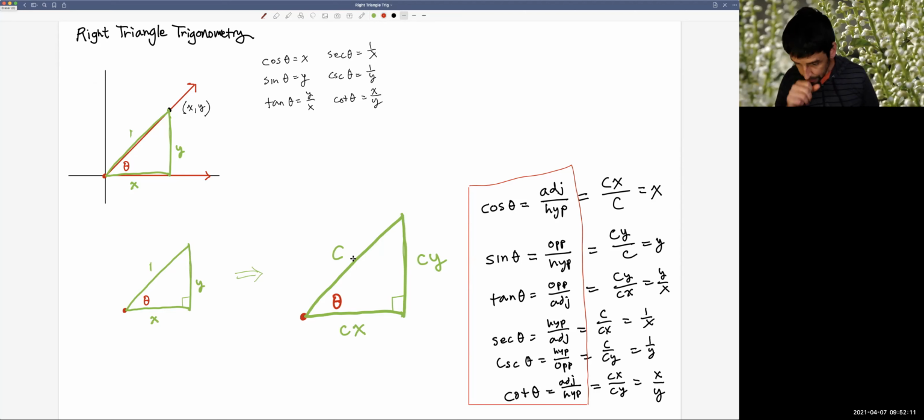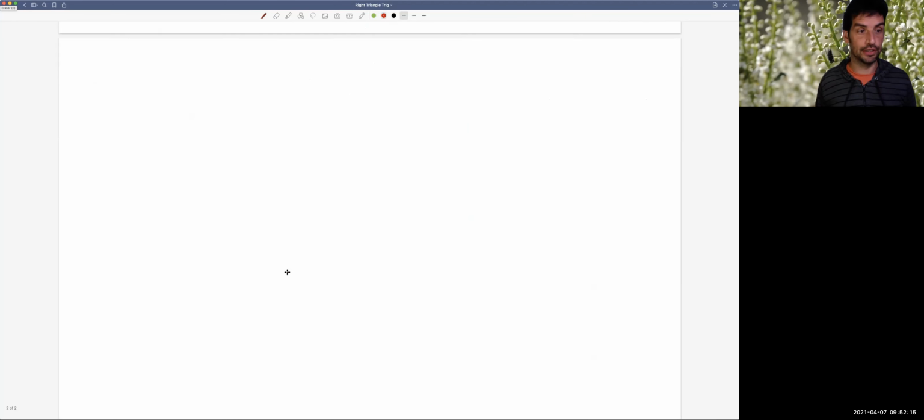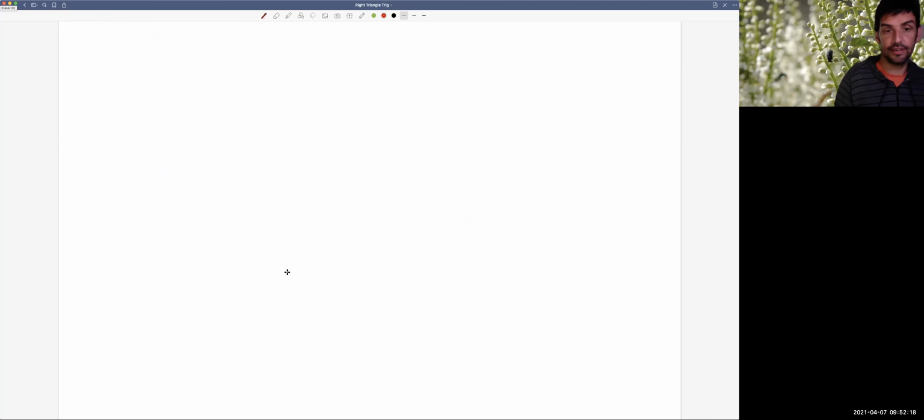Let's also look in the other direction, or at least intuitively look in the other direction. What I mean by that is, if we start with a right triangle, so let's start with a right triangle, maybe something like,